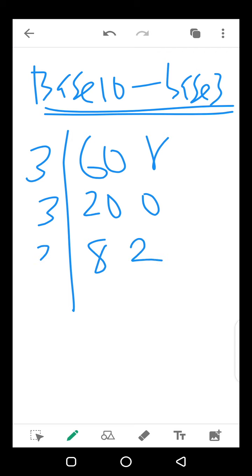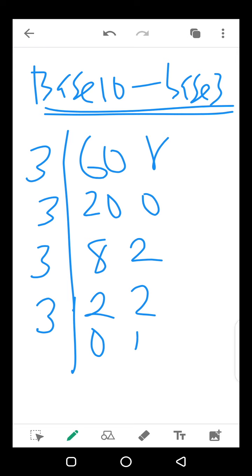We divide 6 by 3, and this will give us 2 remainder 0, and we divide 2 by 3. It cannot go, so we have 0 remainder 2,